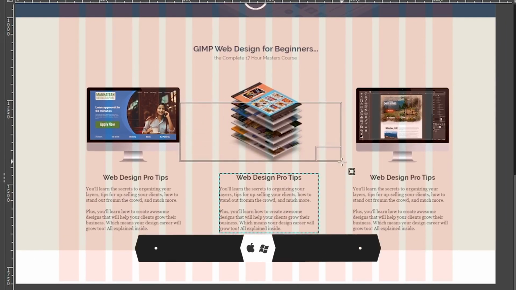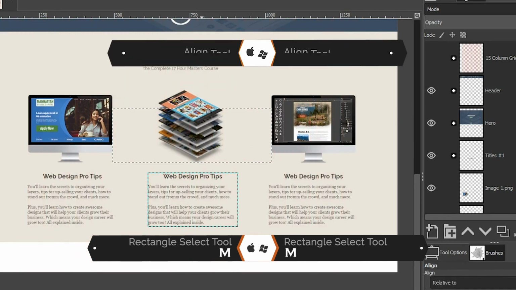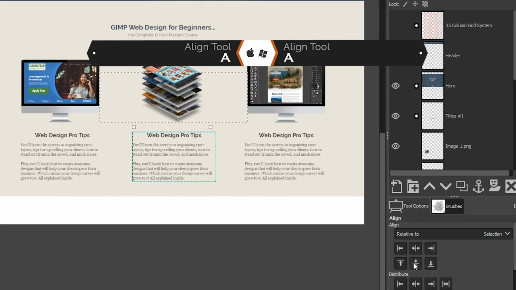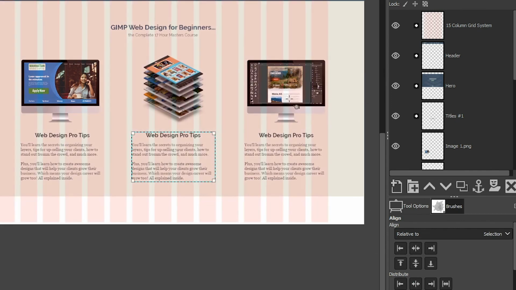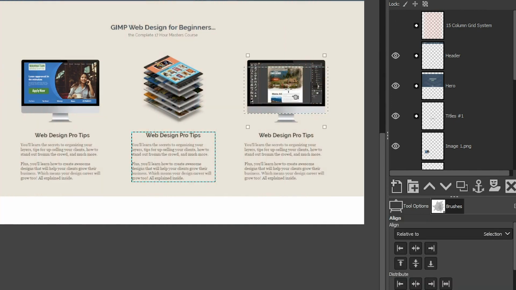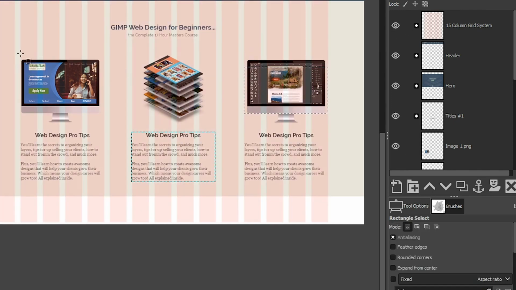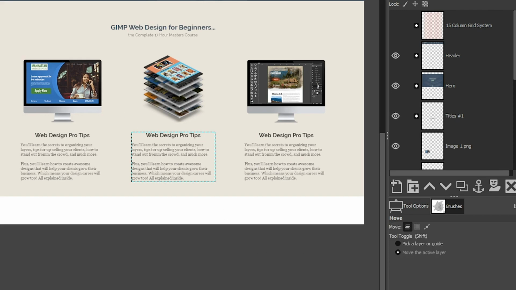I'm going to grab my rectangle selection tool and align my second column here. Let's start with the image and then the paragraph. Okay, let's make sure everything is aligned over here as well. Looks like I need to align my images in the first and third columns. The last thing I want to do is align the images so that they're aligned to the